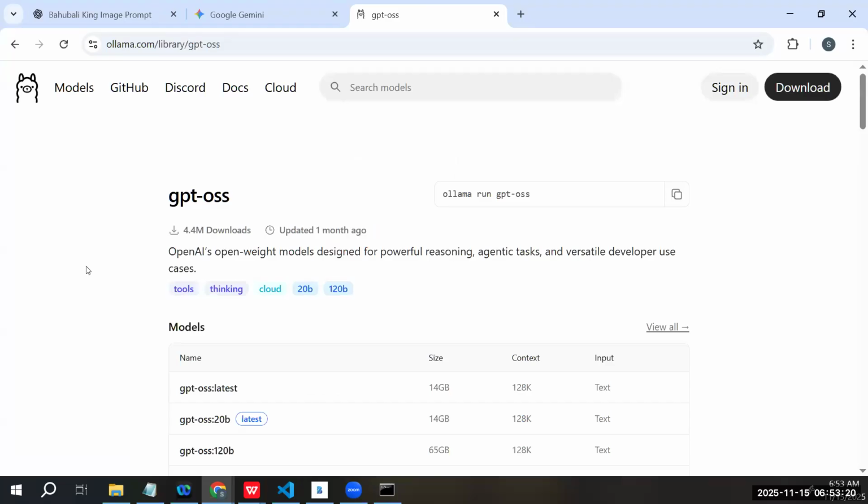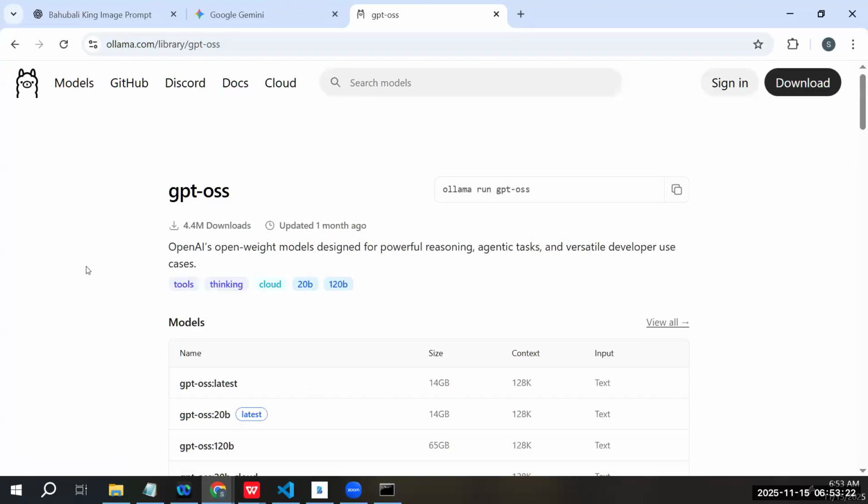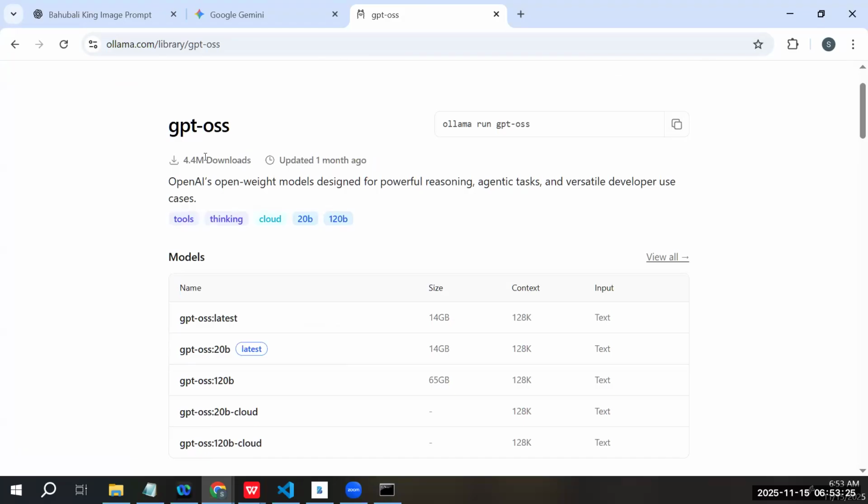And we are also working on the latest and the greatest models available in the market. GPT OSS is an open source version of ChatGPT. There was a huge pressure in the market because there were a lot of open source versions of models being